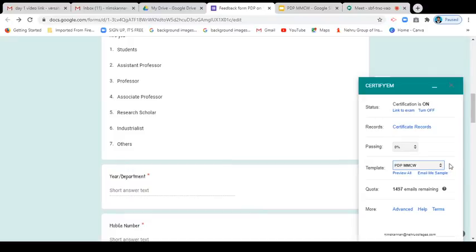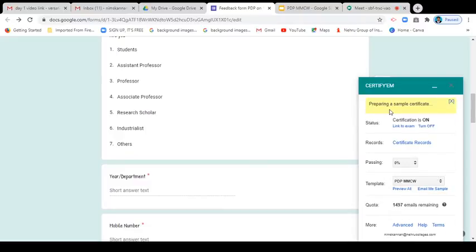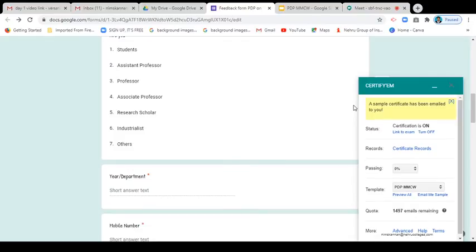So that template preview comes, and if you click email me sample, the email is automatically sent to your respective Drive email ID. Then you can open and see how the output of the certificate looks. It is already emailed. Now we go and check it in the email ID.